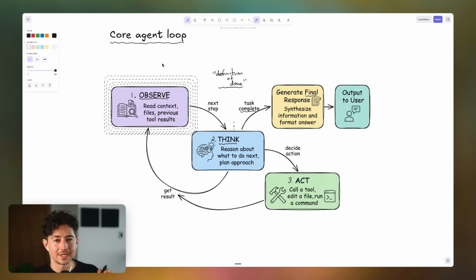But I wanted to make it really explicit at the beginning of this course, because we're going to return to each of these steps over and over and over again. And it turns out that you can heavily optimize all 3 of these. You can optimize the hell out of the observe step. You can optimize the hell out of the think step, and understandably, you can optimize the hell out of the act step as well. That's what we're going to learn.